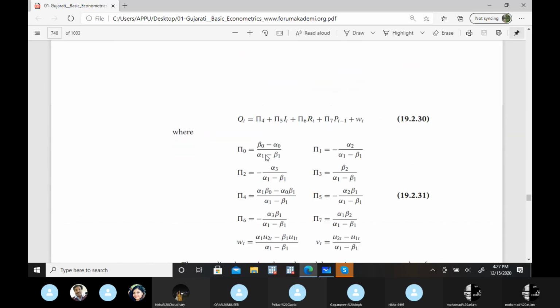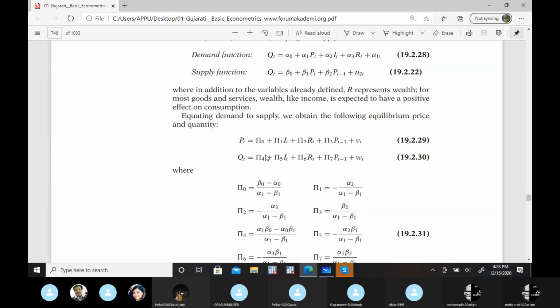So that's the case where we have over identification. Although this particular model is not over identified for the demand function, only for the supply function, because this problem is with only the supply function. If you can solve for this particular equation, means if we have these equations and if we have this alpha 1, alpha 0, alpha 2, and alpha 3, they have unique values. So for the demand function, this model is exactly identified, but for the supply function, it's over identified. You can practice this thing.